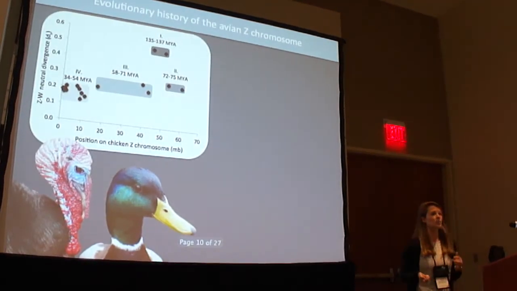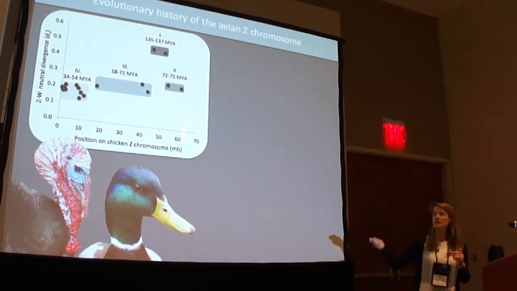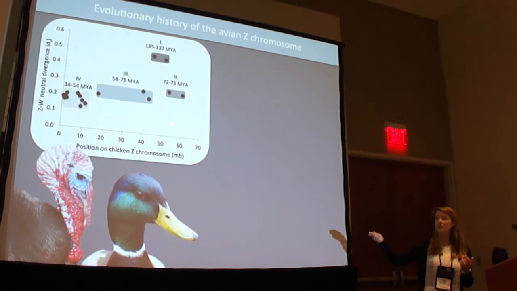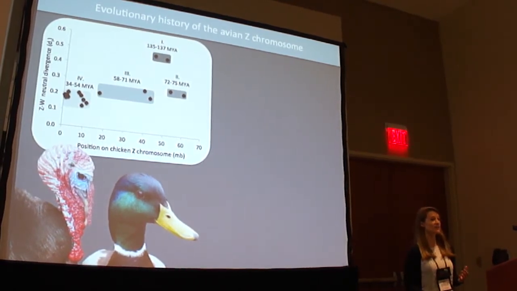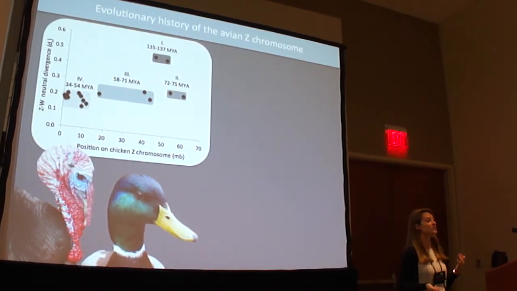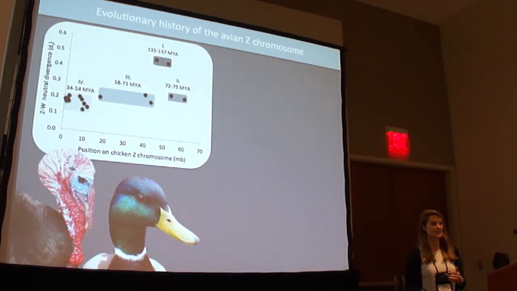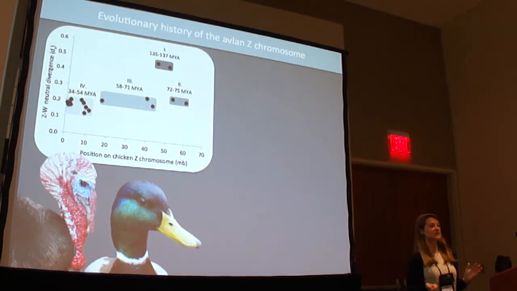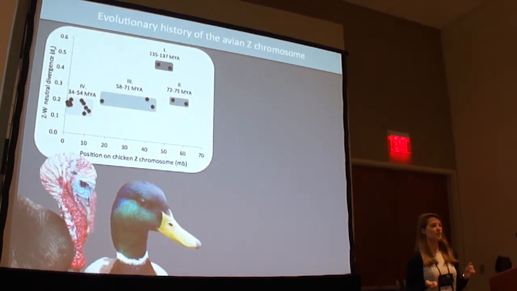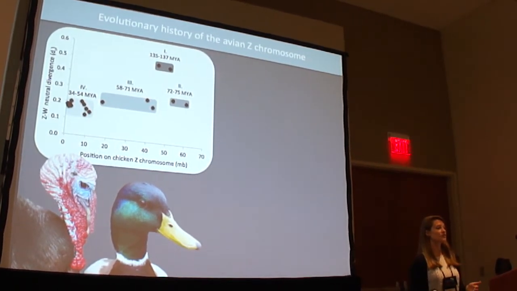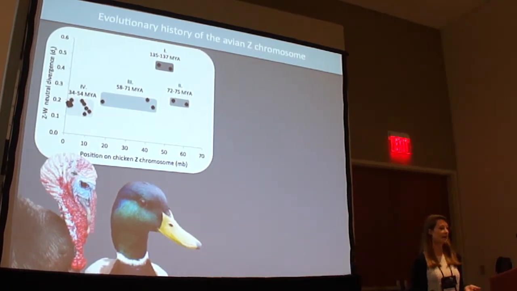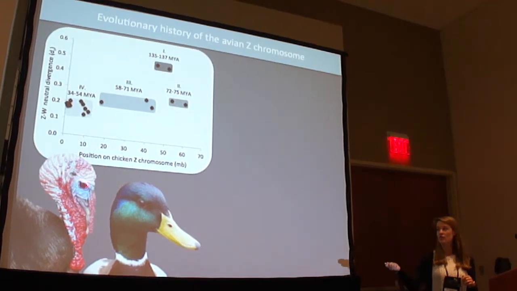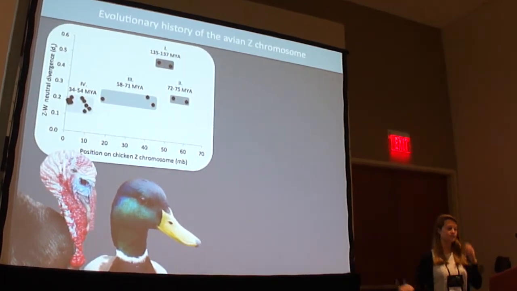So the first question that I wanted to ask was whether this evolutionary history of the chicken Z chromosome that I showed you earlier, so these 4 strata, are conserved across the Galloanseriformes, or whether recombination was suppressed independently in different lineages. So there's no W chromosome assembly for any of the 6 species that I just showed you, but using a combination of bioinformatic approaches with the transcriptomic data that we have, I was able to identify Z and W-linked genes for the turkey and for the duck.